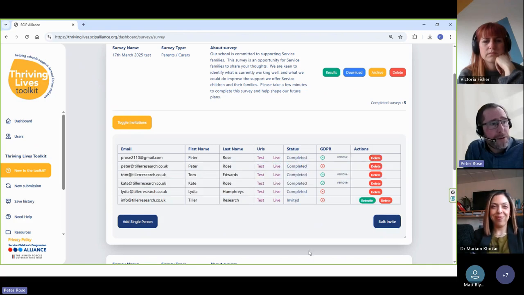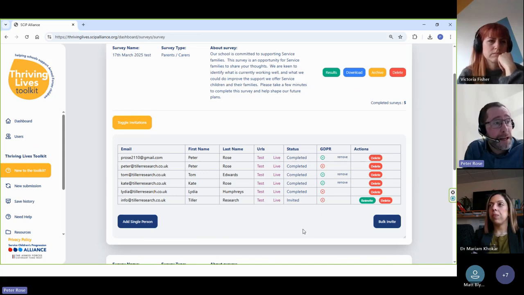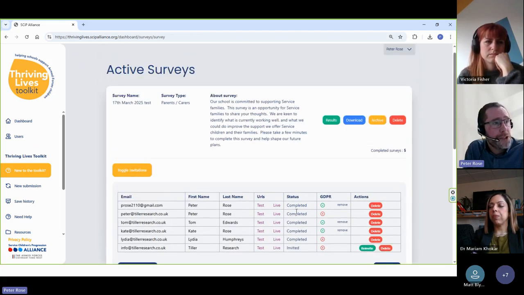You've got the option of re-inviting. You also know who has given the GDPR consent, and you as a school can remove the consent for individual responses to be available, anonymised responses to be available to the Skipper line, should you so choose.